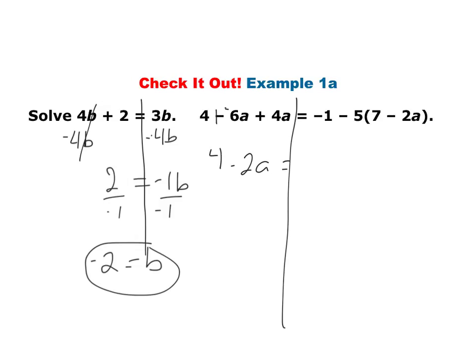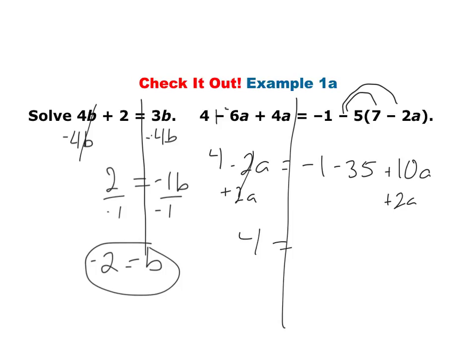Now on the right, I need to remember to distribute first. So that negative 1 is going to stay. It's going to be negative 5 times 7, which is negative 35, or minus 35. And negative 5 times negative 2a, which is going to be positive 10a. Since this is minus 2a, I'm going to go ahead and add 2a to both sides. I have 4 equals, now I'm going to combine, if I have negative 1 minus 35, it's going to be negative 36